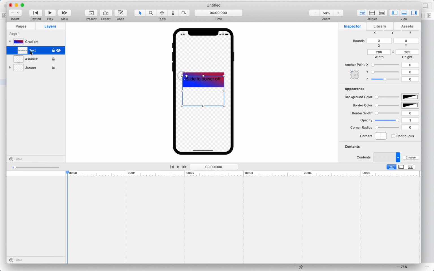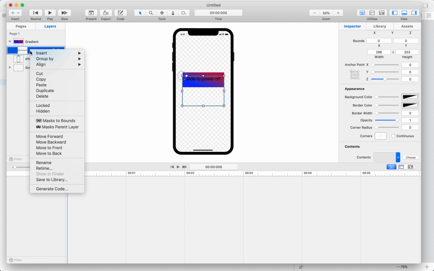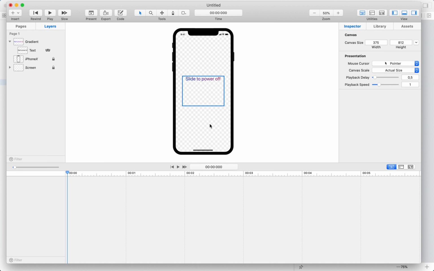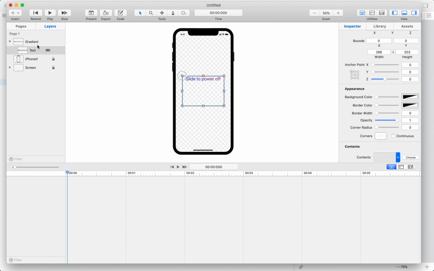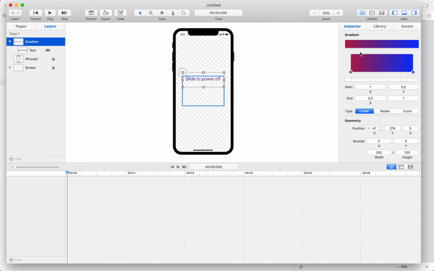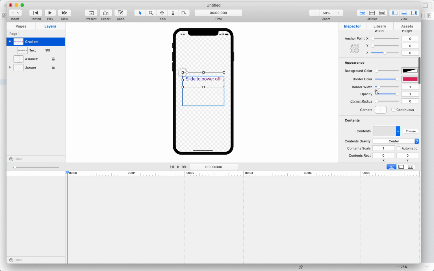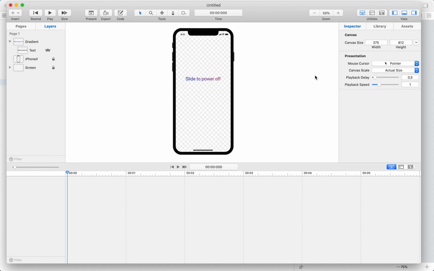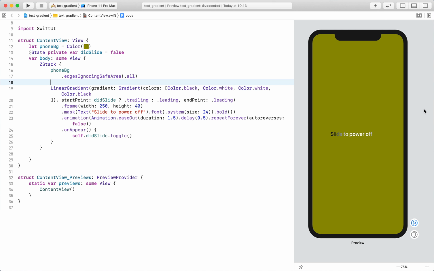In order to mask the gradient to the text, I'm going to control click the text and select mask parent layer. The gradient has a border, but we can select the gradient layer and go to the inspector and remove the border. Let's go to Xcode and see how we can use the same techniques to apply the